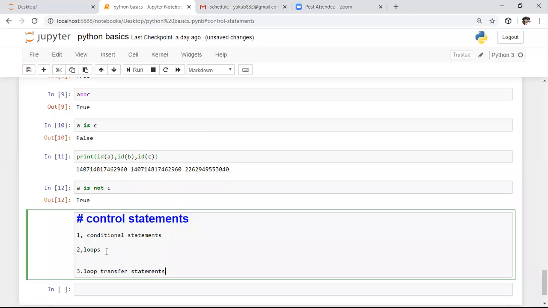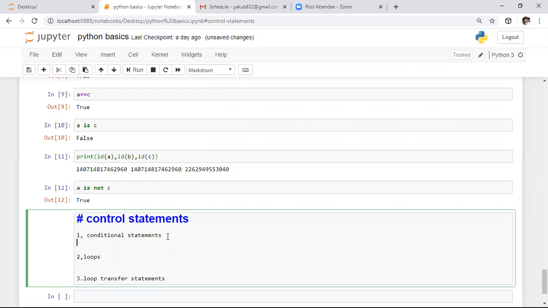Remember one thing: if you are aware of syntax, you can do anything with programming. Whatever the language might be, everything is the same, but syntax differs from language to language. First we will see conditional statements today. In the conditional statements, we have different types again. Here we have the if condition. After this, we have if else conditions.